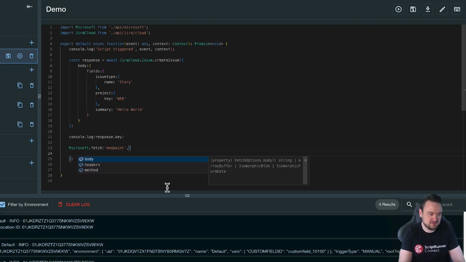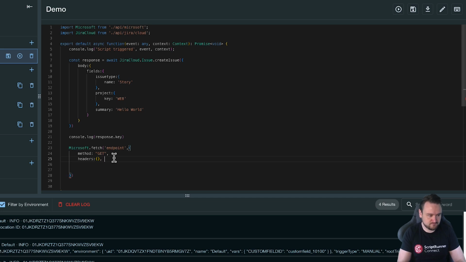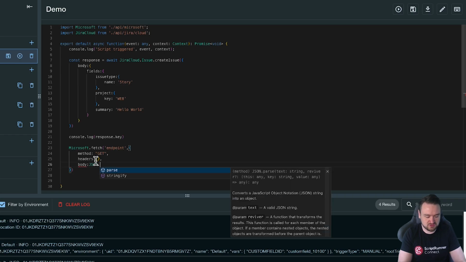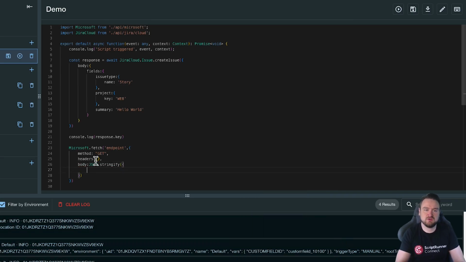So headers, method being get, headers being an object, and then the body being a string. Now, one thing to note when you're doing a fetch call, if you're sending a JSON body, it needs to be a string. So you would structure this in JSON dot stringify, open those brackets,